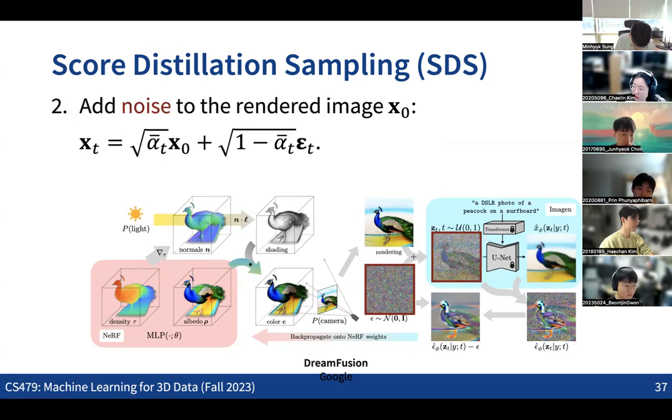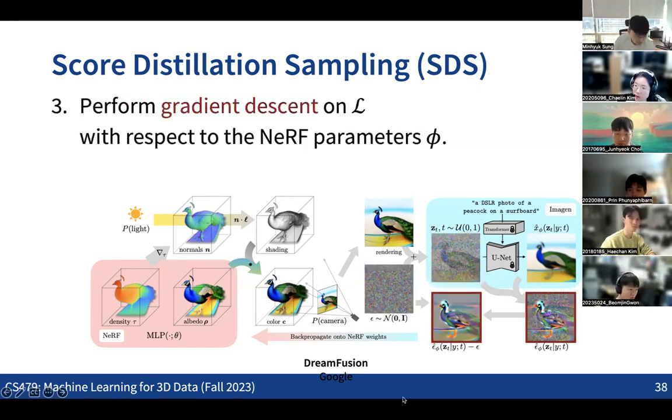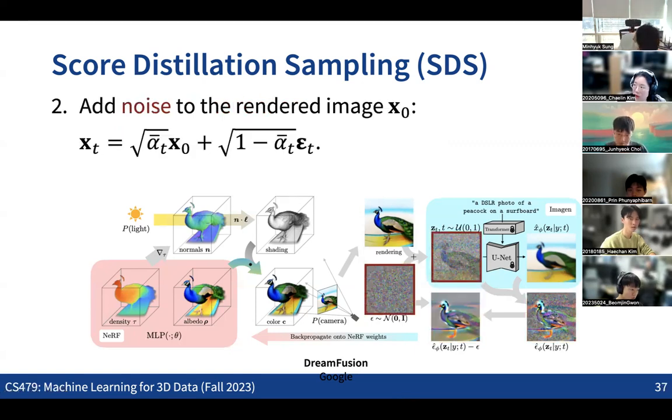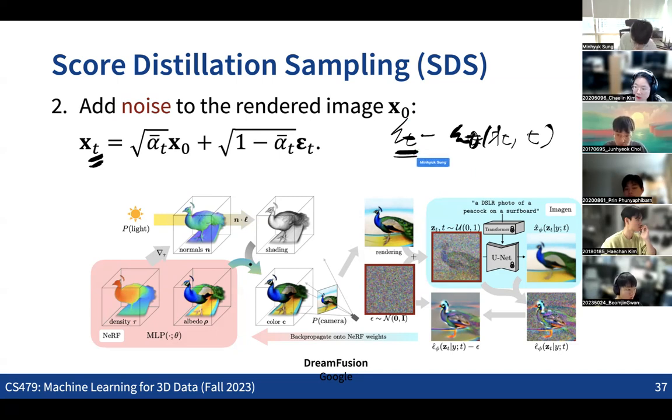Then if this image is very realistic, and if the diffusion model, the noise prediction UNet, was trained in a way that it has converged to give the correct noise, then what we can expect to see is that when you feed this xt into the noise prediction network, the output should be the same as the amount of the noise that we are adding, right? So this should be minimized.